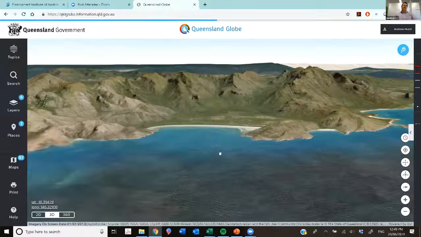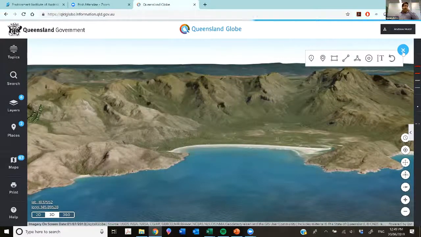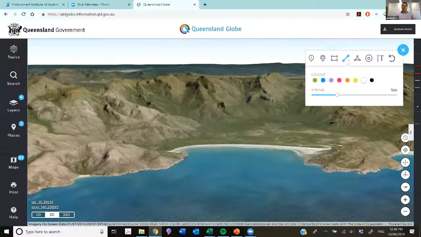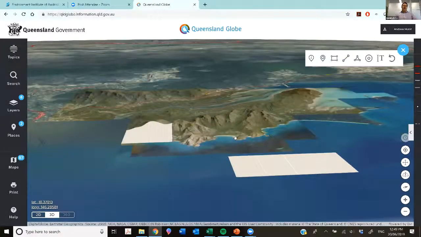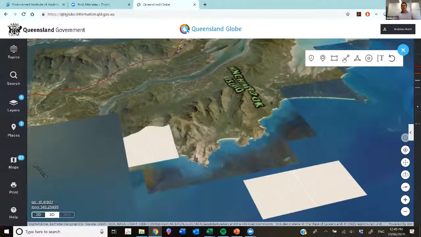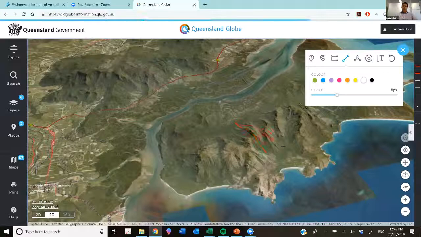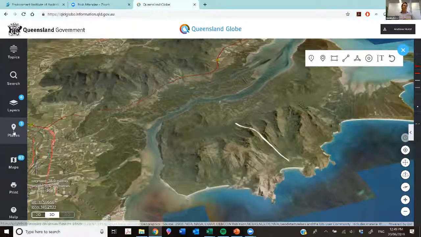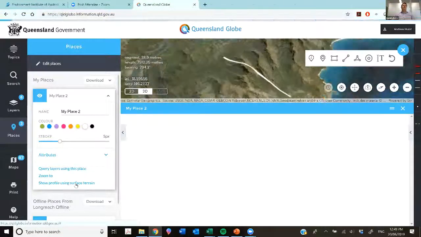As well, you can get an elevation profile. So while I'm in 3D mode, I can actually grab one of these tools here, the line tool. Let me just zoom out a bit actually. And let's say I was going bushwalking, for instance, on Hinchinbrook. I can grab the line tool, drag that across the island, double click to finish, and go into my places panel and show profile using surface terrain. So if I click on that,